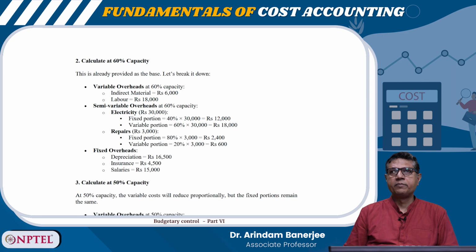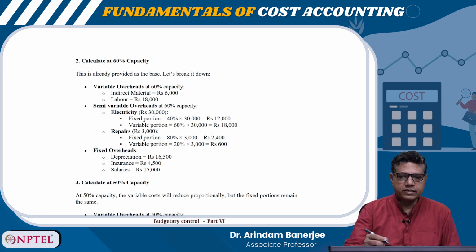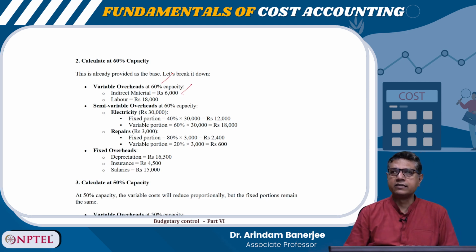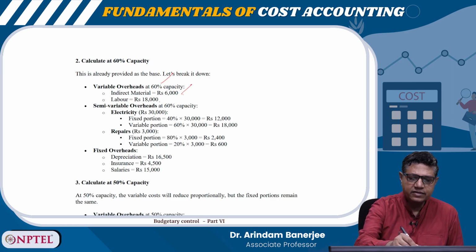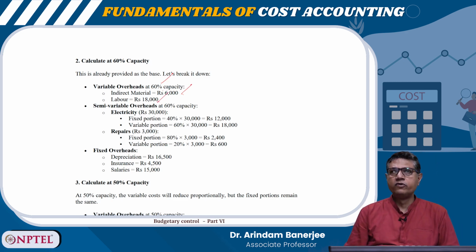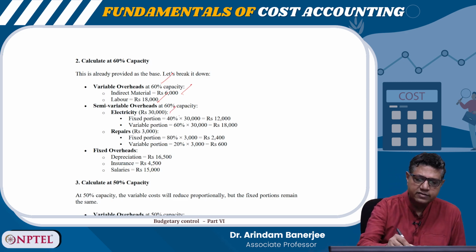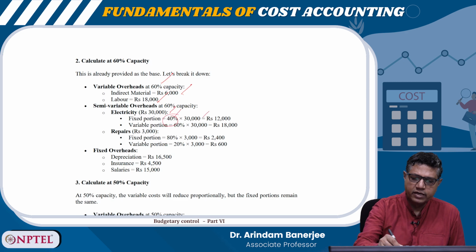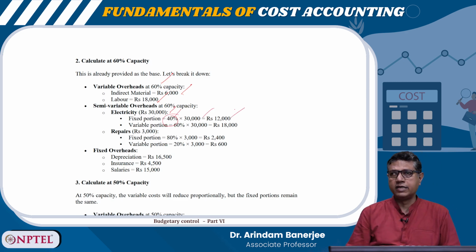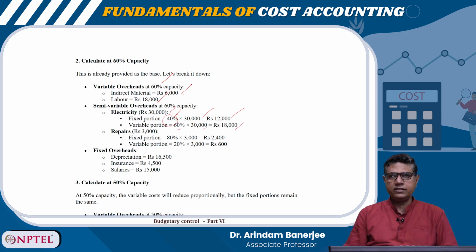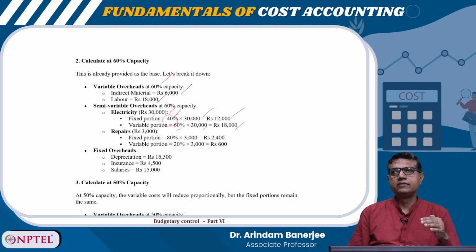At 60% capacity, the information is given. The indirect material is given at 6,000 and labor at 18,000. The semi-variable overhead at 60% capacity, electricity, is given as 30,000. Out of which it is given in the question that 40% is fixed. So 40% into 30,000 comes to 12,000, which is the fixed portion, which doesn't change with the change in level of capacity. The variable portion is 60% into 30,000, that is 18,000 at 60% capacity, which varies with the level